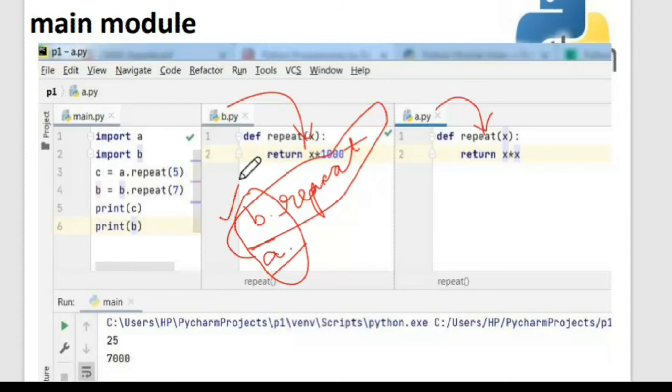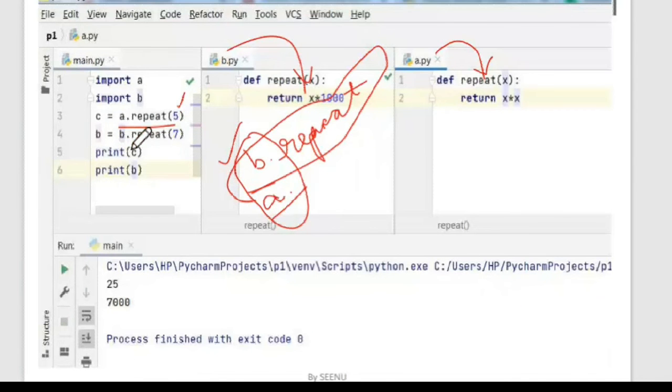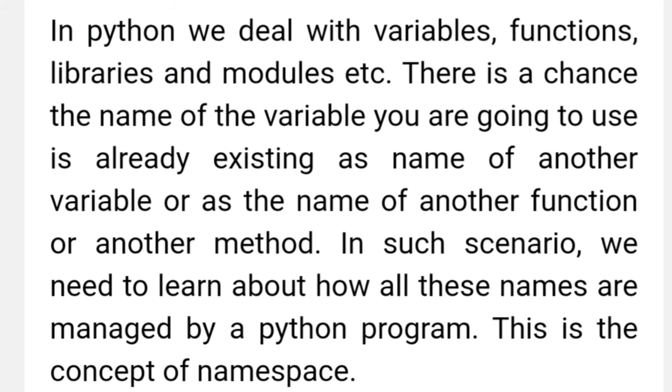When I said A.repeat and passed 5, the repeat that is there in the A module will be executed, which will give me 25. And then I am saying B.repeat, so the repeat in the B module will execute with 7 into 1,000, which is 7,000. So this is the concept of fully qualifying a name. It is a good programming habit that you write the fully qualified name of a method rather